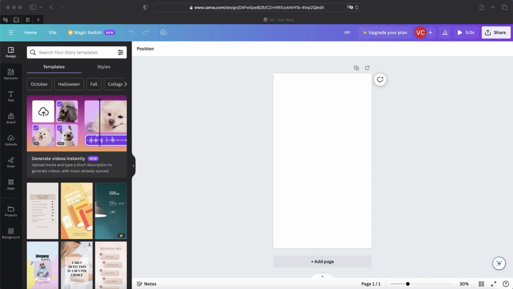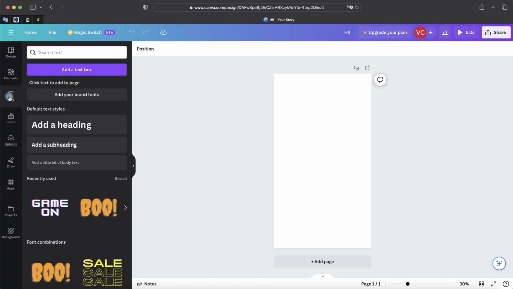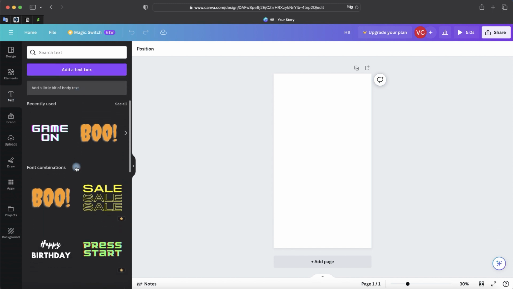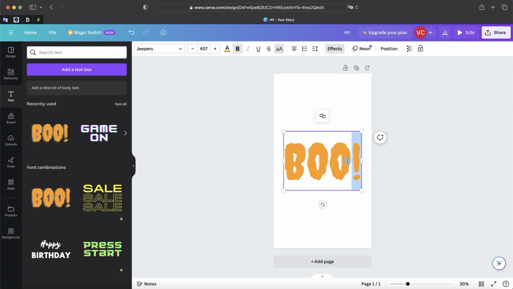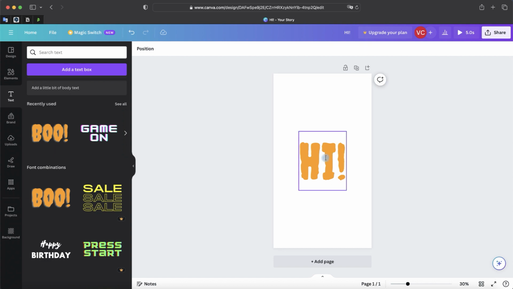Hey everyone, today I'm going to show you how to animate text in Canva. It's done very simply. Create a new canvas and then select the text tab. In this tab we can choose any text, we can create the text ourselves, or we can choose from ready-made options. Let's choose from the ready-made, choose the text, renaming it, and now we press to select this text block once with the left mouse button.